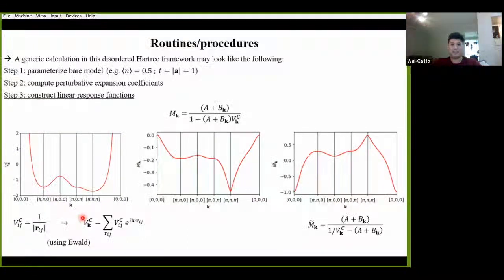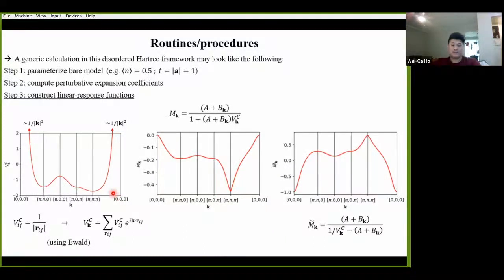But what I will say is that the lattice transform of this 1 over r Coulomb potential is generally pretty hard to compute directly due to some convergence issues that you might run into when summing over all these long-range contributions. For this, though, we can use the standard Ewald summation technique, which resums things a bit more efficiently, and then allows us to compute these momentum profiles as I did over here. From this, we can see that the potential starts to blow up as we approach near the origin. And this turns out to actually go like 1 over k squared, which is the usual behavior that we expect if we think about the Coulomb potential's continuous Fourier transform in 3 dimensions. Right?